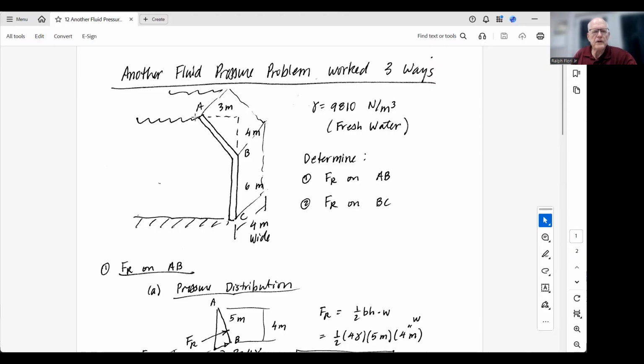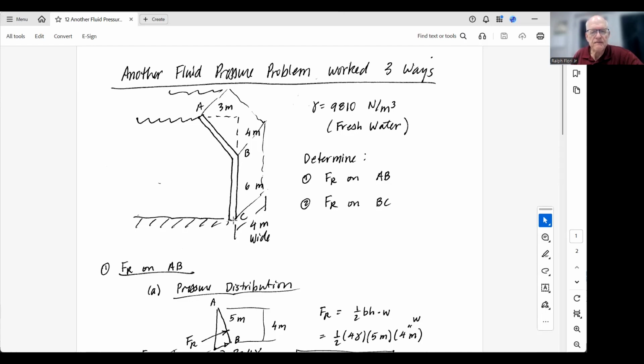So this is a plate that slants away from the water for a section and then drops vertically for a section. This slanted section is a 3, 4, 5 slope, so it's 5 meters long and 4 meters deep. And then this vertical section is 6 meters deep. And this gate is 4 meters wide. This is fresh water, so gamma is 9810 newtons per cubic meter. We're going to find the resultant force up here on AB, and we're going to find the resultant force down